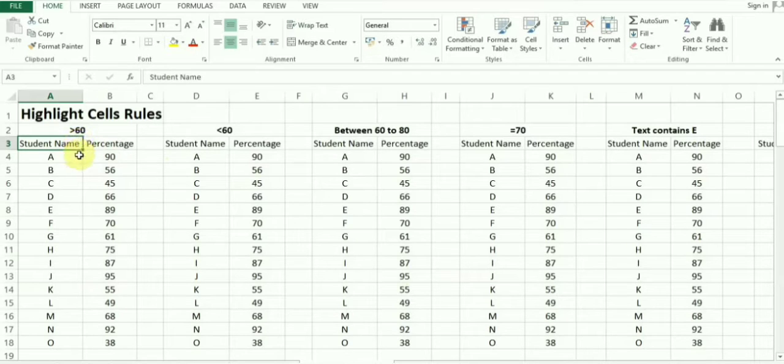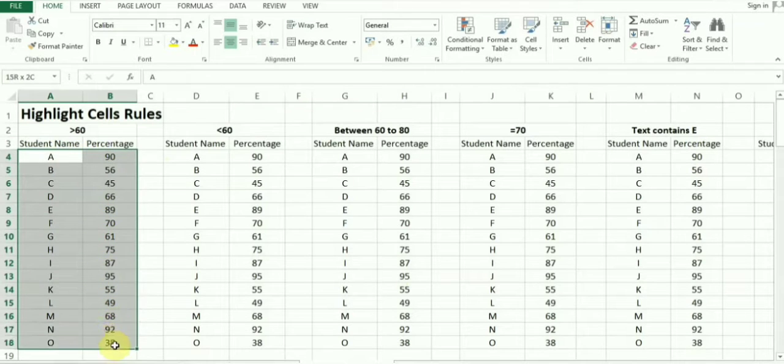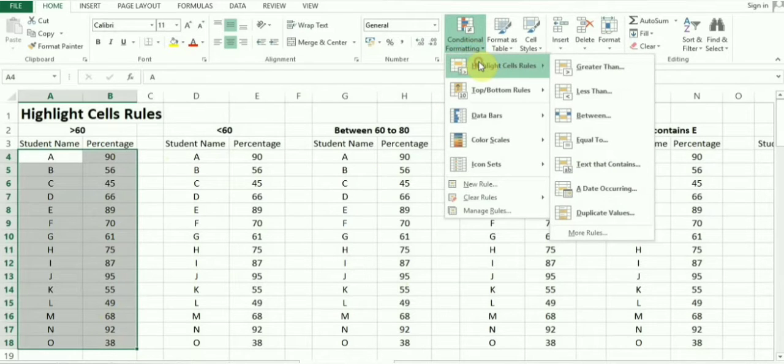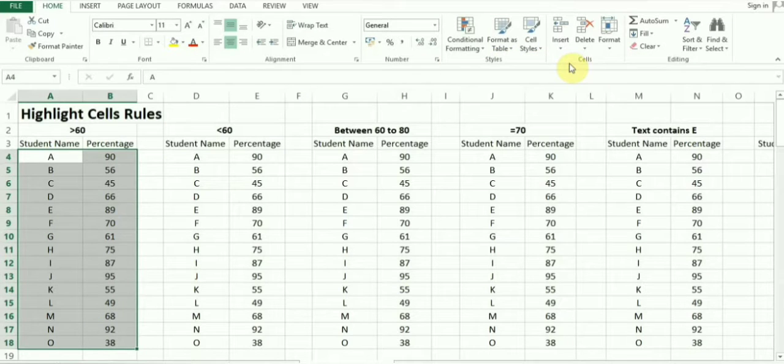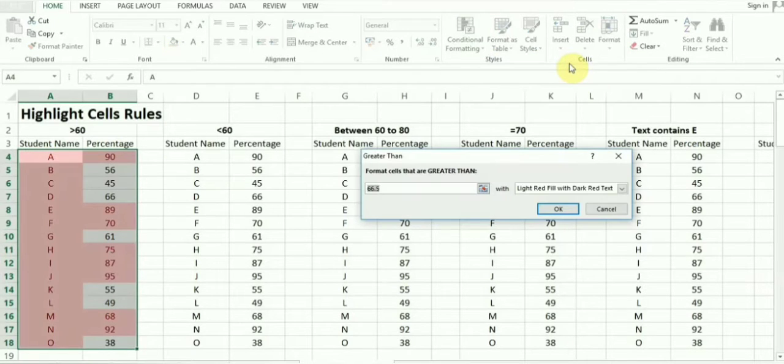Now, what we'll be doing, we'll be selecting the data wherein we want to apply that rule. Go to conditional formatting, highlight cells rules, then click on greater than. Now, as you can see above, we want to highlight the cells which have a percentage greater than 60.